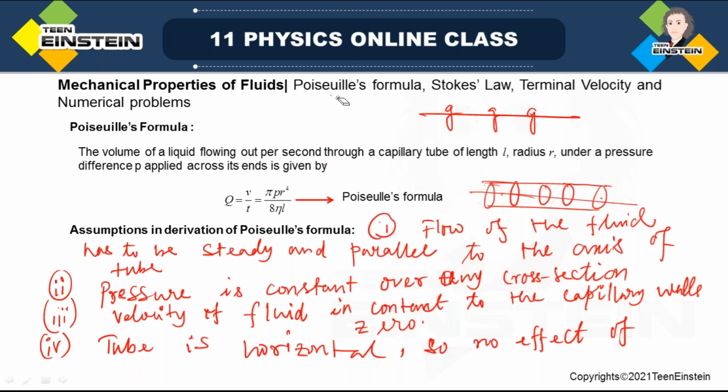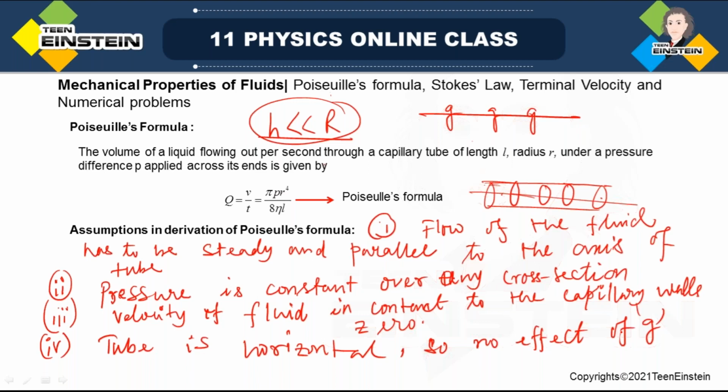If the height is much less than the radius of the earth, then g will be the same in the vertical direction also, and in the horizontal direction everywhere there is g. So there will be no effect, no change will happen by g. Okay, these are the assumptions